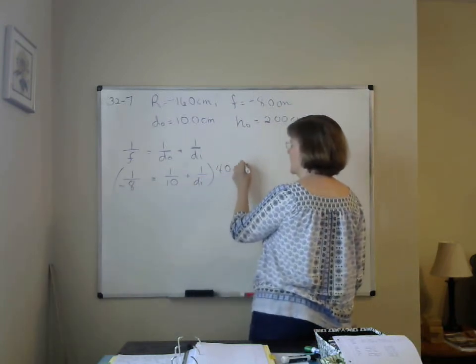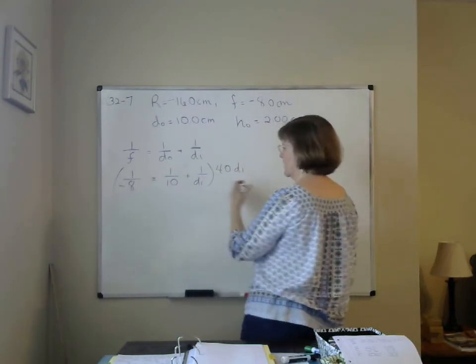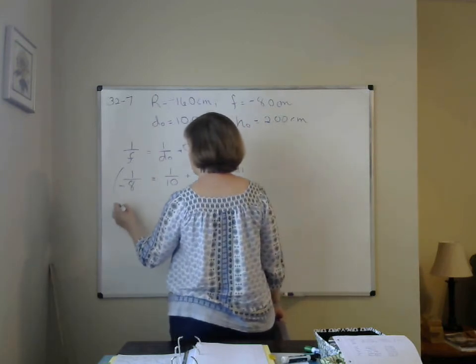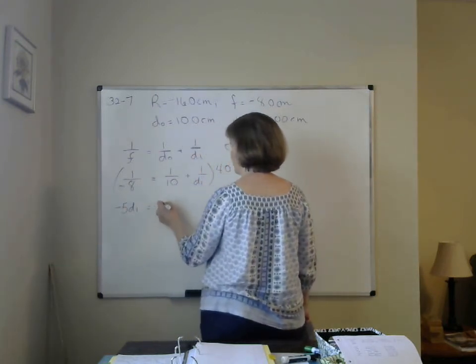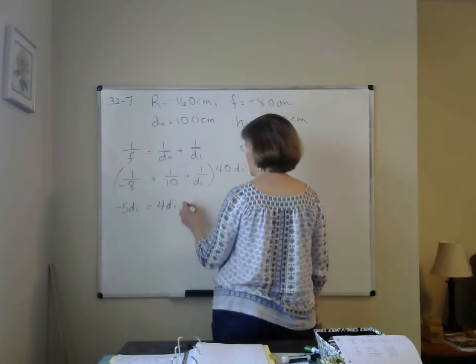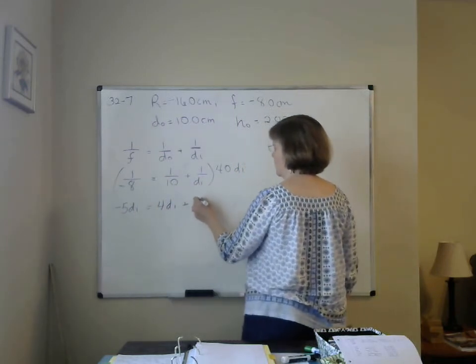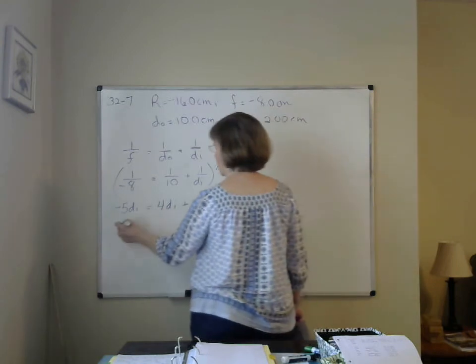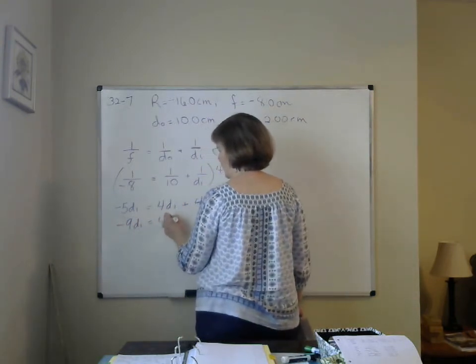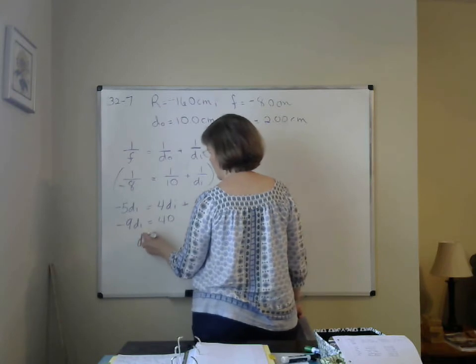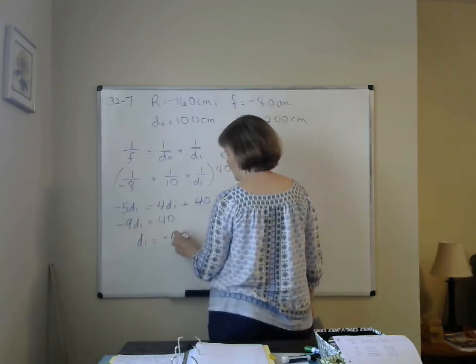And like I say, really I don't do it this way, I do it with the calculator. This is negative 5 di. This is going to be 4 di. This is going to be 40. We end up getting negative 9 di equals 40, or di equals negative 4 point,